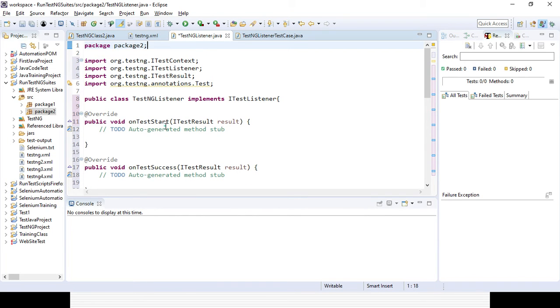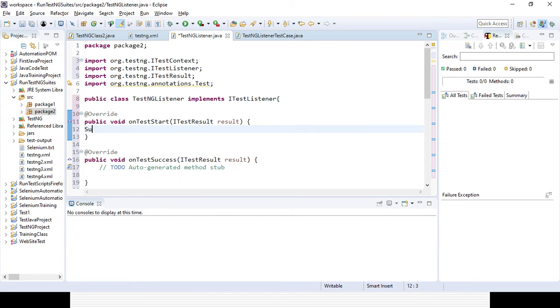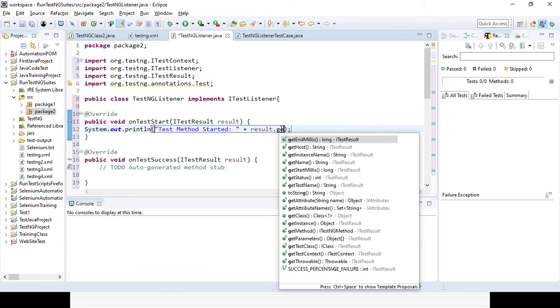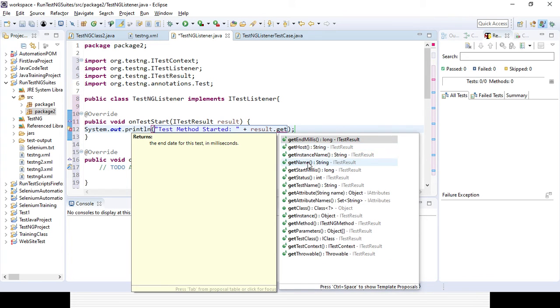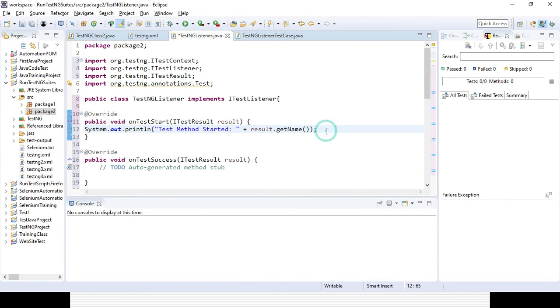Suppose on test start I want to print out something. So in onTestStart I want to print "test method started" and print the name, that is the result variable dot getName, so that will be printed.